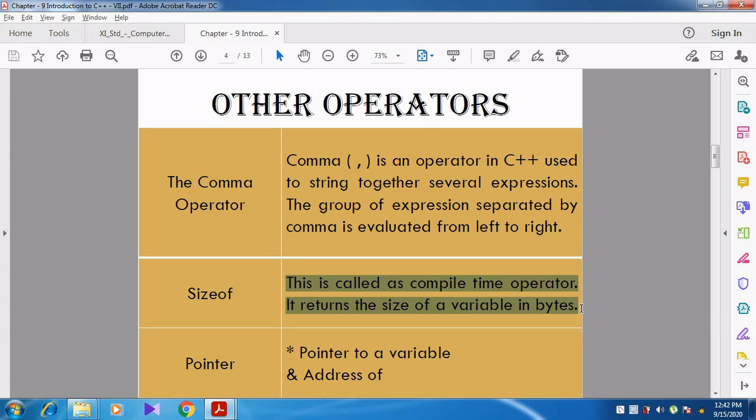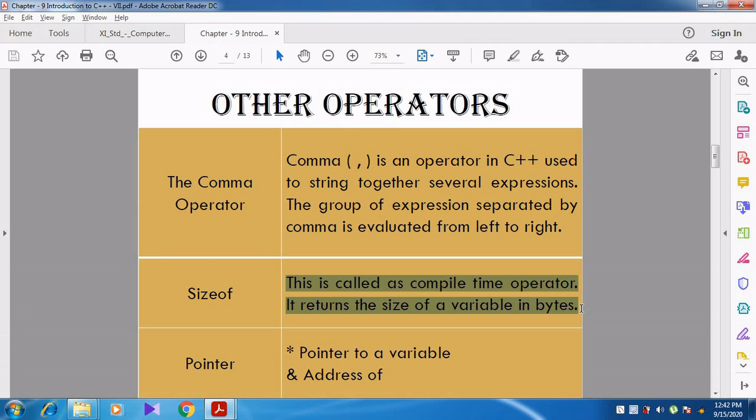Whenever we use a variable, we have to declare the variable. Without declaring the variable, we cannot use it. Whenever we declare a variable, we say that this variable belongs to this data type.